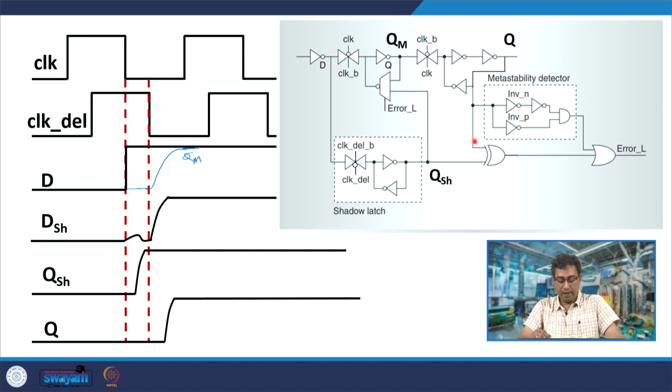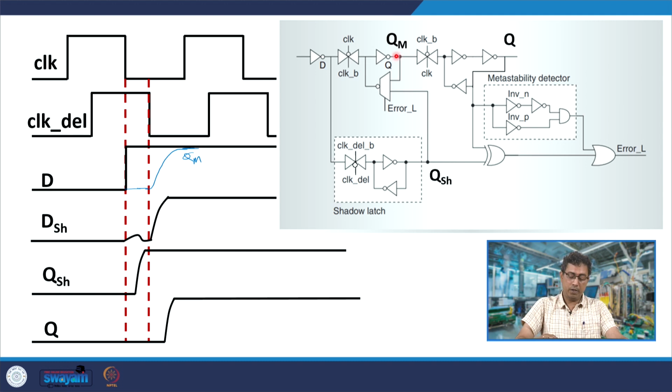So, that flipped value, suppose this is 1, this is 0. So, you have a 1 at the output of the XOR gate, and suppose there is no metastability here, this is properly gone to 0, but it has latched to a wrong value, because there was metastability at QM, not at Q. Okay. So, because at QM, if there is a metastability, it can result in some transition,